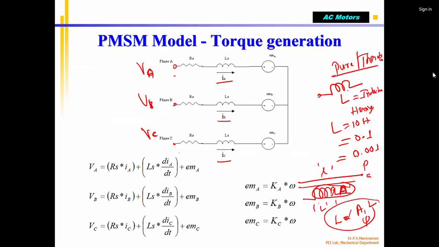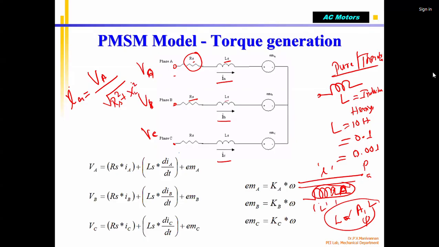But since I took a copper wire, copper already has resistance. It is not a superconductor. So each phase of the coil has resistance Rs, where subscript s means stator coil resistance, and stator coil inductance Ls. This is for phase A, and similarly for the other phases. There is a current flowing. You can say that the current IA equal to VA divided by the square root of Rs squared plus